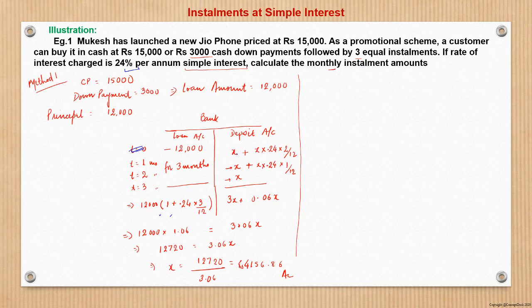Now the deposit account. At the end of the first month, the customer deposits x rupees in the deposit account, and we are seeing the position as on the end of the third month. So from the end of the first month to the end of the third month, that deposited x rupees will be earning some interest in the bank, the same rate of interest, that is 24%. So it will be earning interest for 2 months, right? So what will be the interest at simple interest? X into 0.24 into 2 by 12, P into R into T, right?